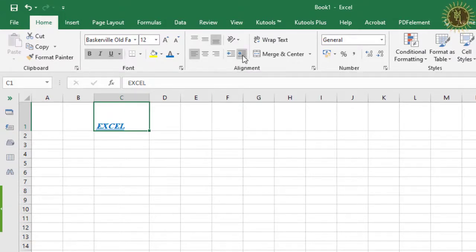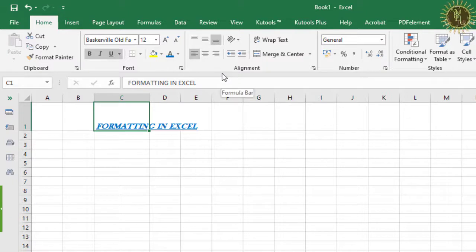So if you want to increase the indent, click on this and you can see the margin at the left side of this text has been added. Then if you want to do more, or to decrease the indent, like this. So like this you can increase and decrease the indent to give the margin of text in this cell.